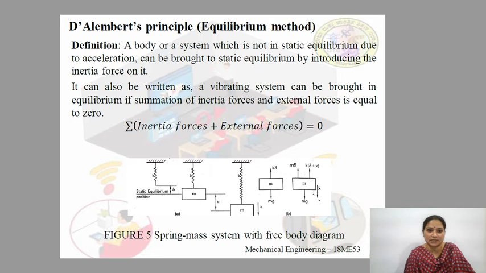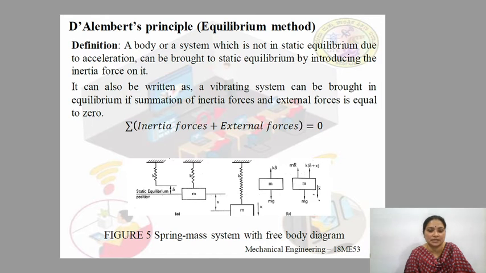We have also discussed the meaning of simple harmonic motion and the equation used to represent displacement, velocity and acceleration. We have also discussed the types of vibrations: longitudinal vibration, transverse vibration and torsional vibration. In this session, we will be discussing the different methods used to find the natural frequency.